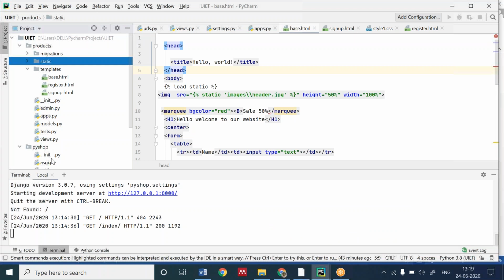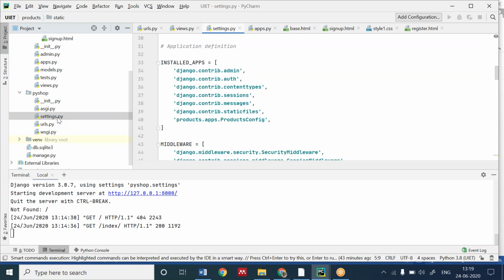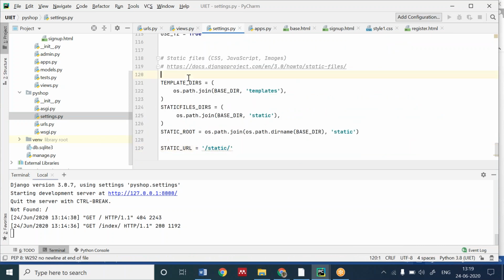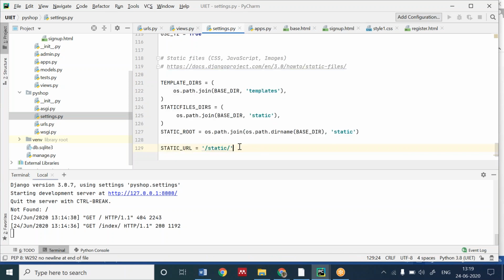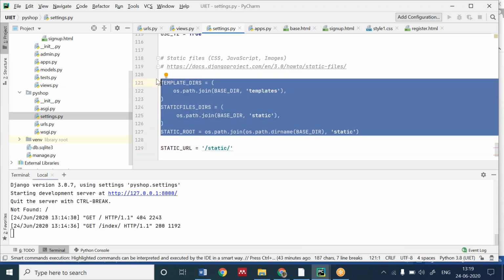Now, in settings.py, you will go if your code does not run. And at the last, you will write these codes. At the last only this will be written, but you have to add this much at the start of the line. Write down these codes. I'm sending them in the chat box also.